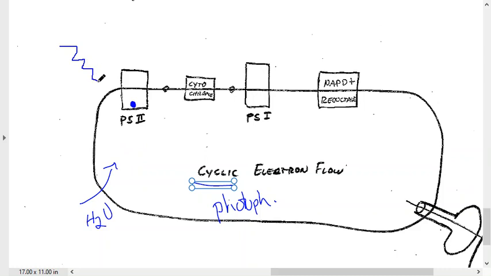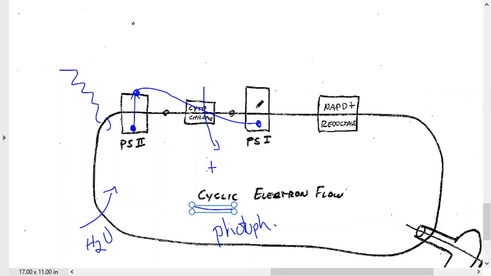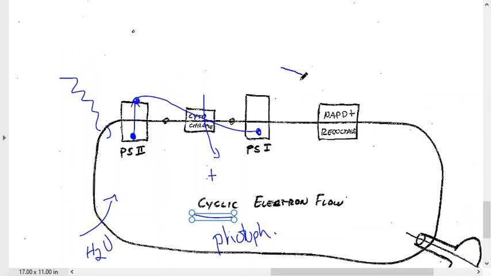And again, photons are coming in and they're hitting the pigments, and that's going to excite the electron, and then the electron is going to get passed to photosystem 1. On its way, though, it's going to do a conformational shape change with the cytochrome protein complex, and that's going to pump protons in. So none of this is any different. And then again, here, photons come in, they're going to excite the electron. And at this point, I'm going to stop,